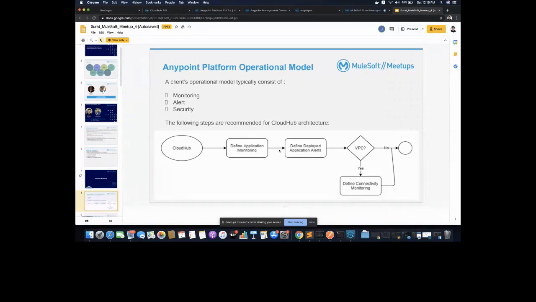So I will talk more about the CloudHub architecture. There are two models here: one is CloudHub, one is on-prem, and sometimes we also opt for hybrid in some cases where we need more security over the data. So in this diagram, if you see, once we have the CloudHub infrastructure in place, then we have the